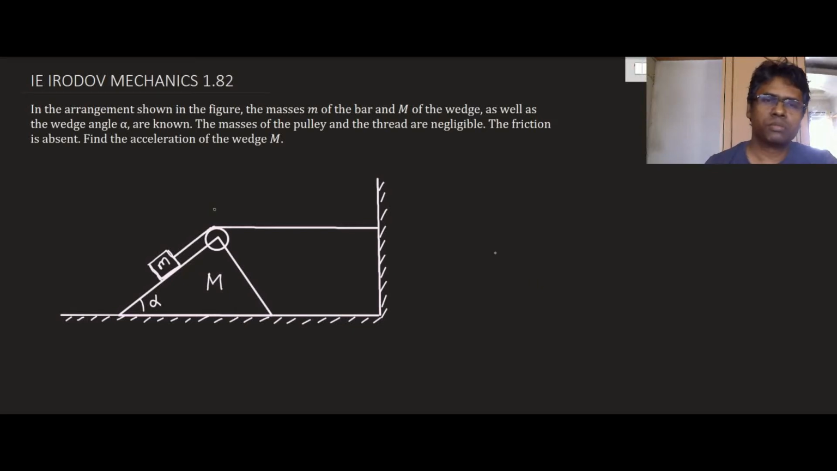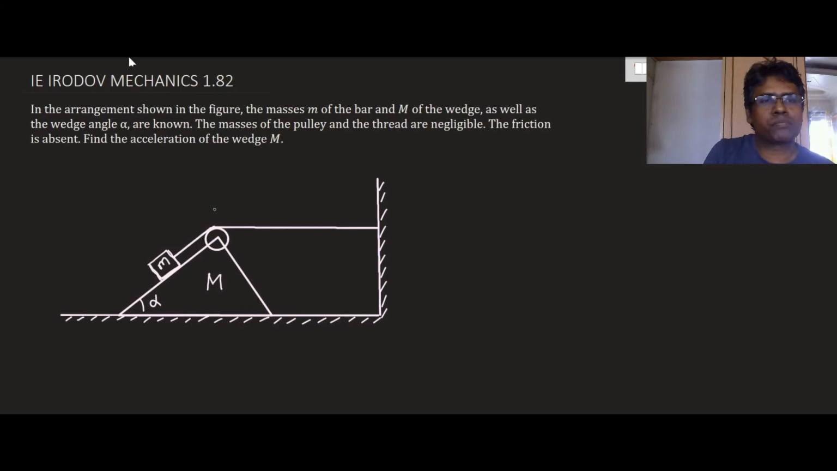In this problem, the mass of the bar, let's call it a block, is given as small m, and the mass of the wedge is given as capital M. The left inclined surface of the wedge makes an angle alpha with the horizontal. There is no friction between any two surfaces in this problem, and we are asked to find the acceleration of